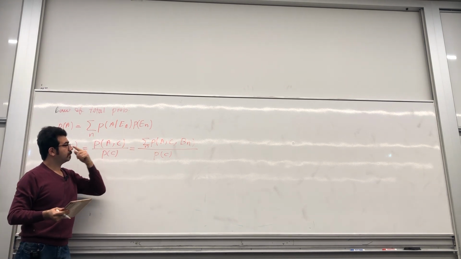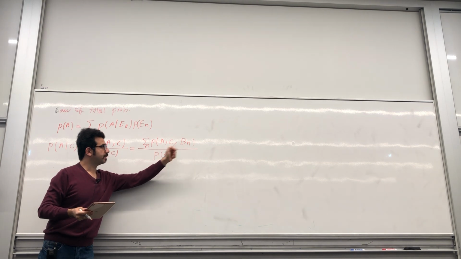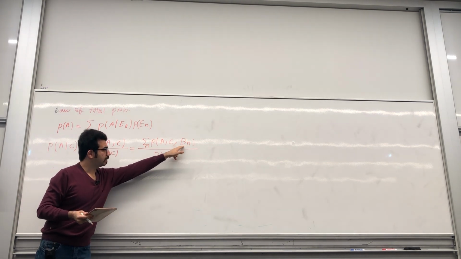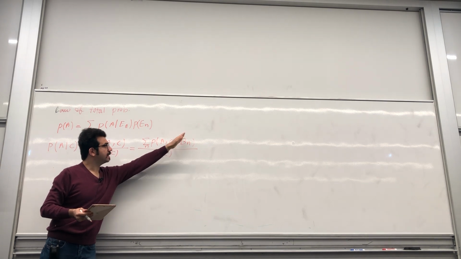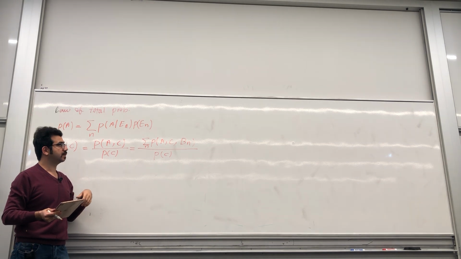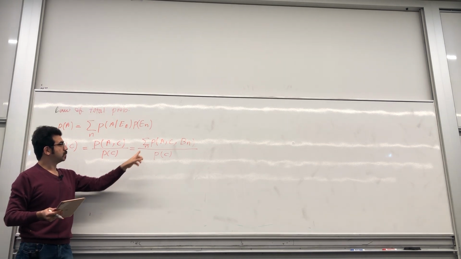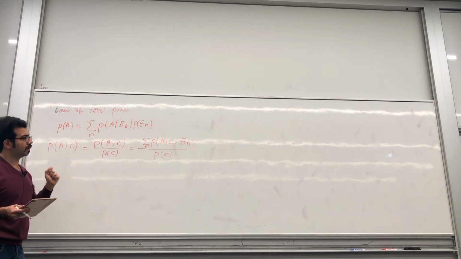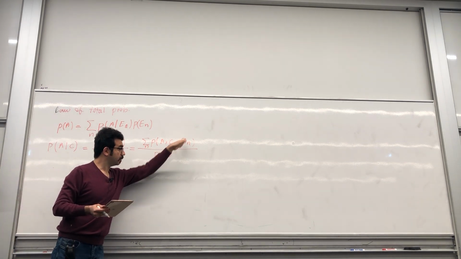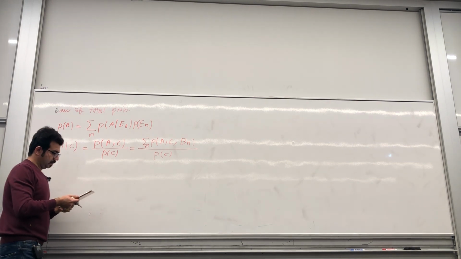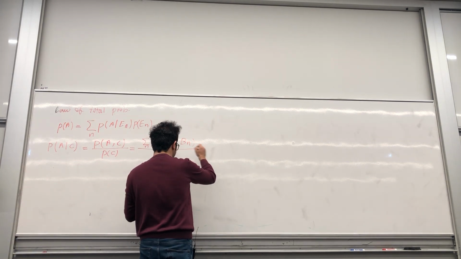Do you remember that when you have joint probabilities, by summing over one of the random variables, you can get rid of that random variable to find the marginal probability? Do you remember that? So this notation follows summing over one of the random variables in order to eliminate it, to get the marginal probability. This is equal to,